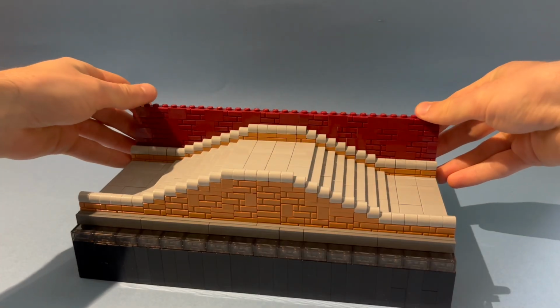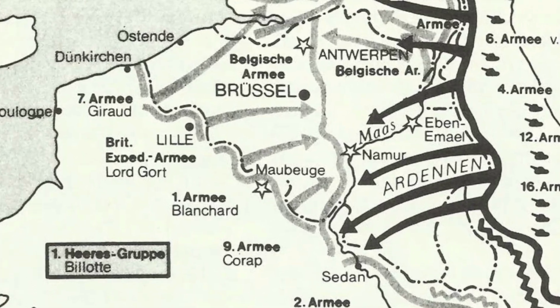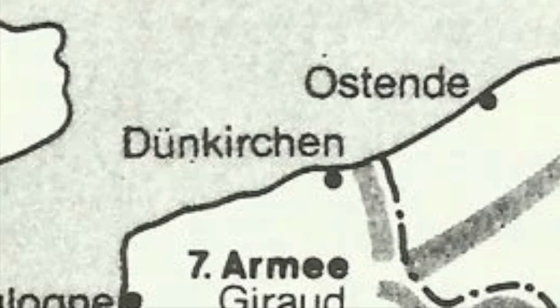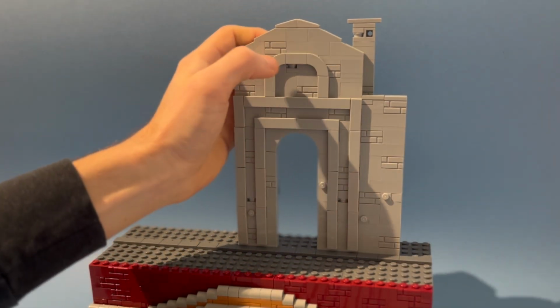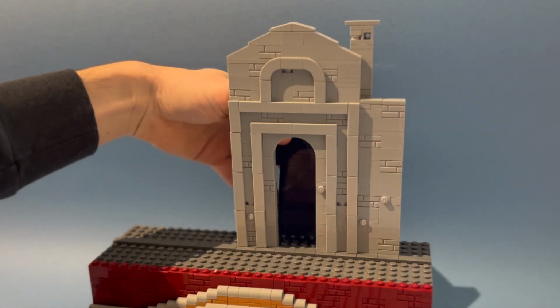My Lego scene depicts the Battle of Dunkirk. Dunkirk is a French port city where a lot of British forces escaped to during the Westfeldzug. The battle took place from the end of May until 4th of June. This was only 2 weeks after the start of the Westfeldzug, which again shows how effective the German attack was.